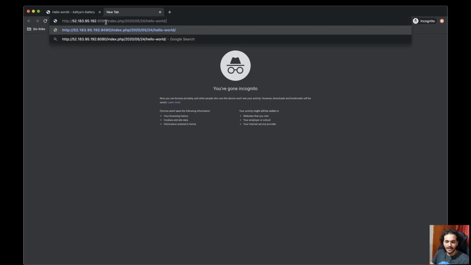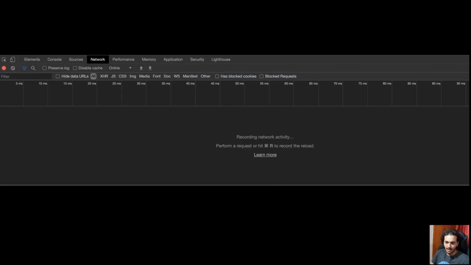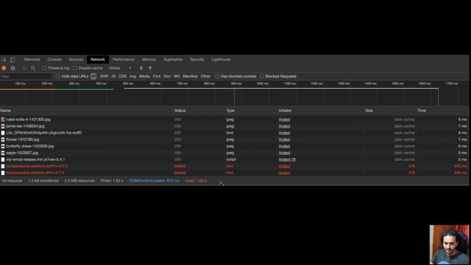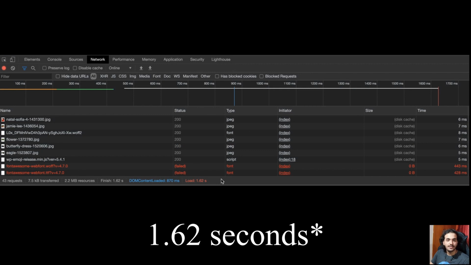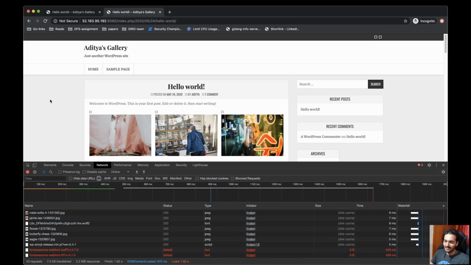We are hitting port 8080 and the same URL this time. Before I do that, I'm going to go to inspect element again and go to the network tab, so we are able to capture the calls. If I press enter, you actually see that the page load time has reduced to 1 minute and 82 seconds. This is a direct performance improvement of around 4x, right? So this is a massive improvement, and this is one of the reasons that you should try to cache all your static content as much as possible. Now there is a small catch here.